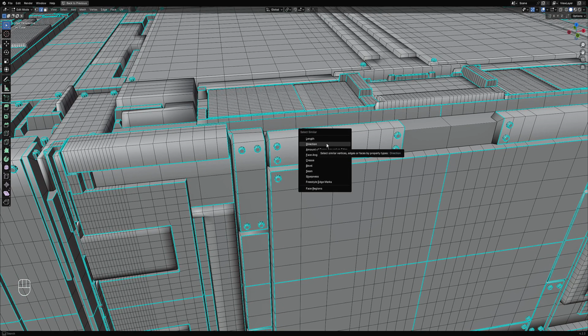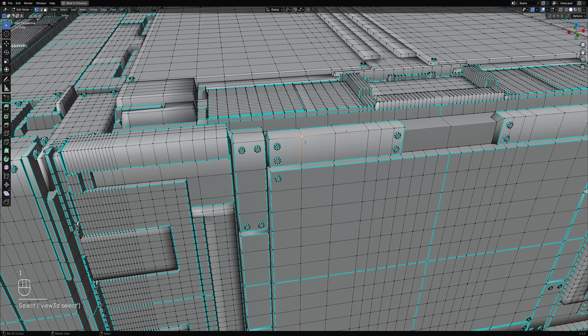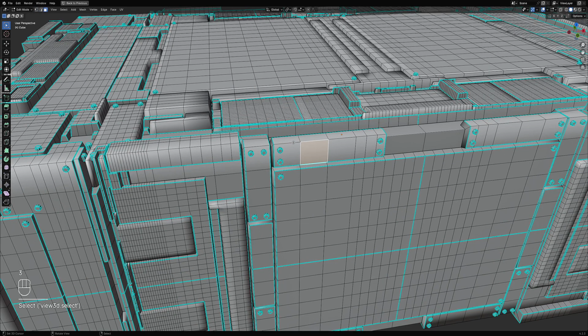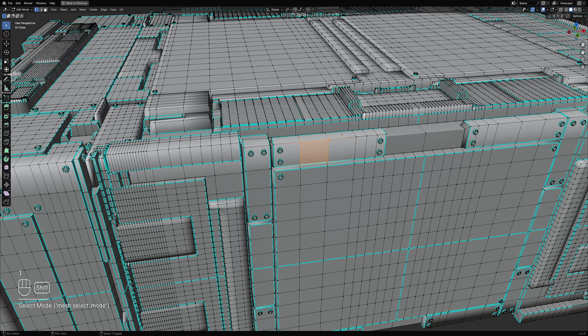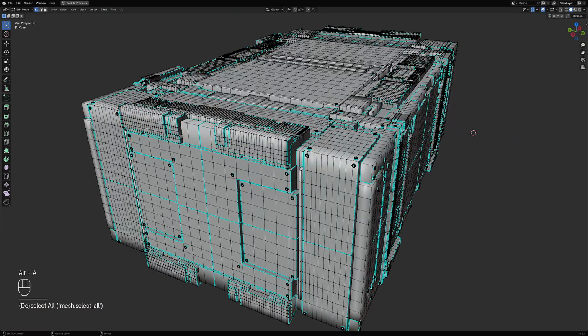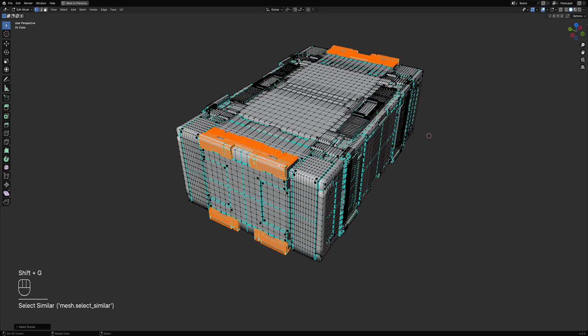In other modes, it has different attributes for select similar. Same with faces, number three. So number two is edge, number three is face selection mode. And you can see that the vertex group doesn't appear here. But you can select the face and then switch to vertex mode and then Shift G and vertex group. So it selects all that. Or you can just stay in vertex mode and use this